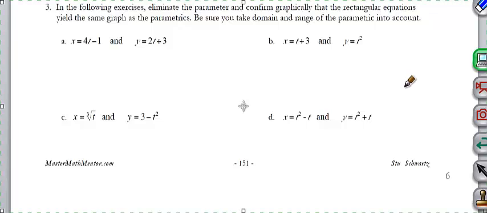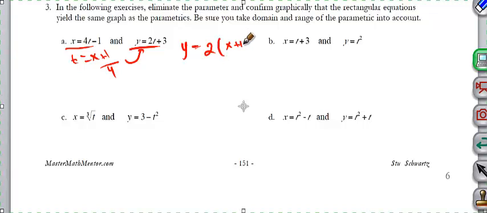All right, let's talk about eliminating a parameter before we move on here. So we've got two equations here: x, which is in terms of t, and y, which is in terms of t. What we want to do is take one of these equations and solve it for t. Generally, you solve for t using x. So t would be x plus 1 over 4. And then all we're going to do is use substitution. So we end up with y equals 2 times x plus 1 over 4,